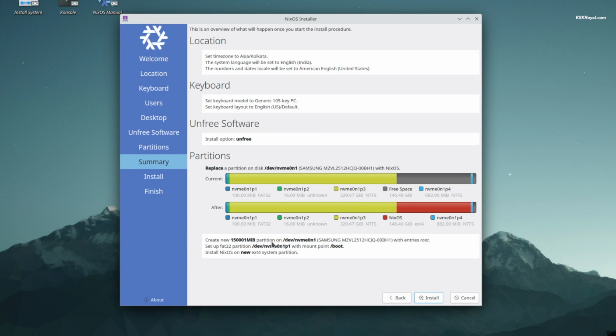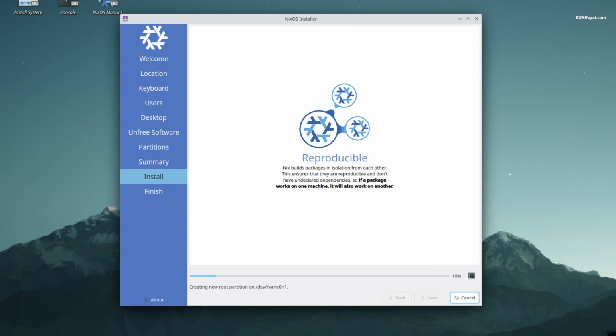Sit back and relax. The installation will take some time depending on the speed of the drive.